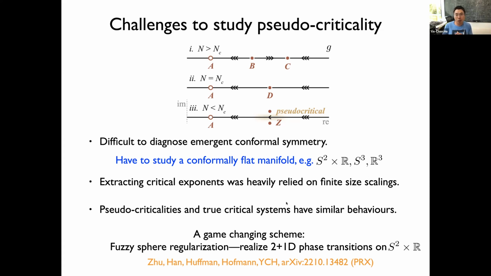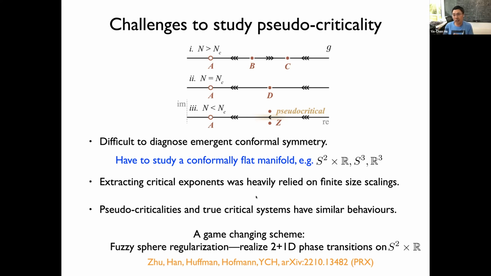As you know, the primary tool to study critical systems in 2+1D is mostly Monte Carlo simulation of lattice models. But using this approach, it's very difficult to diagnose emergent conformal symmetry. To really expose the conformal symmetry, you have to study a conformally flat manifold, like a sphere or infinite space, but none of those is available for lattice models. Lattice models have to deal with systems with boundaries, or on a torus, which is not a conformally flat manifold. And when you want to extract critical exponents, the lattice model approach would heavily rely on finite size scaling. But for pseudo-criticality, or for some other systems, you may have